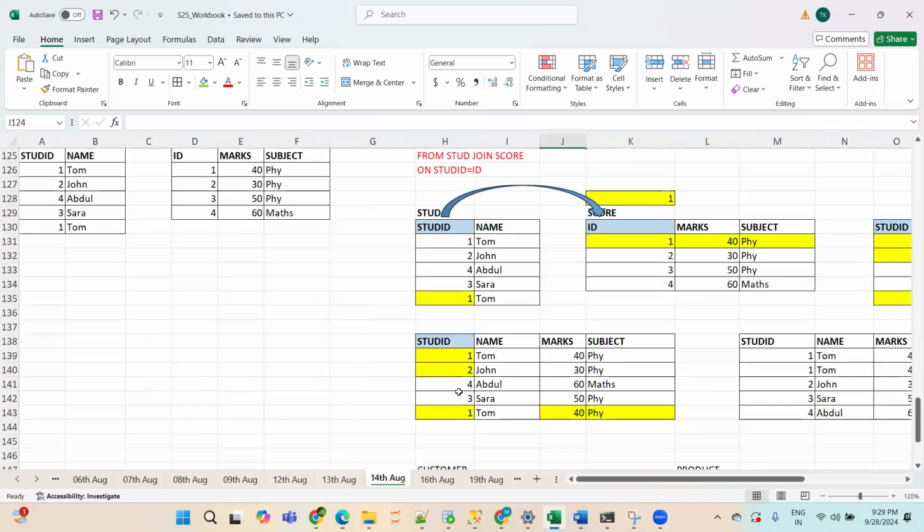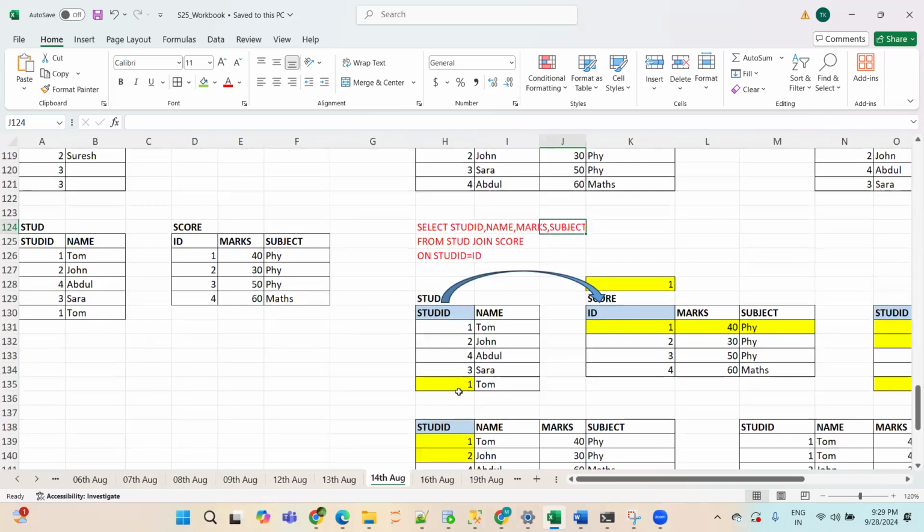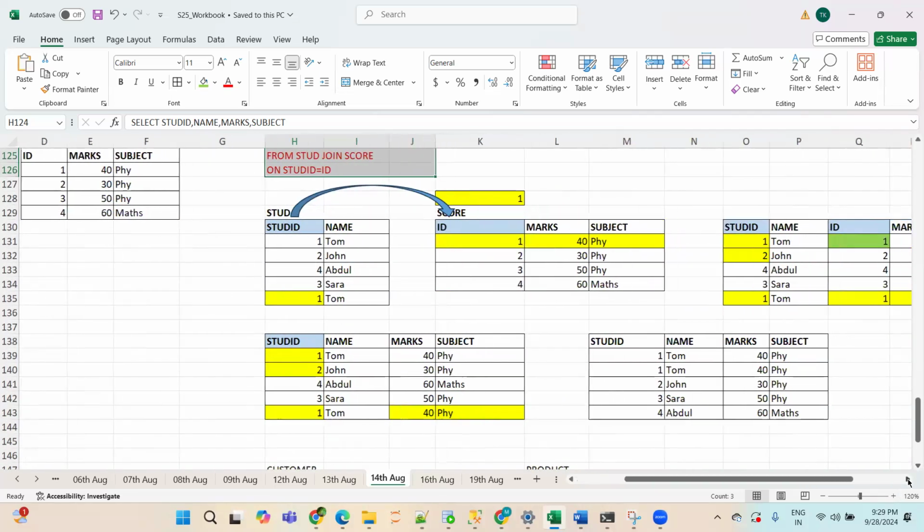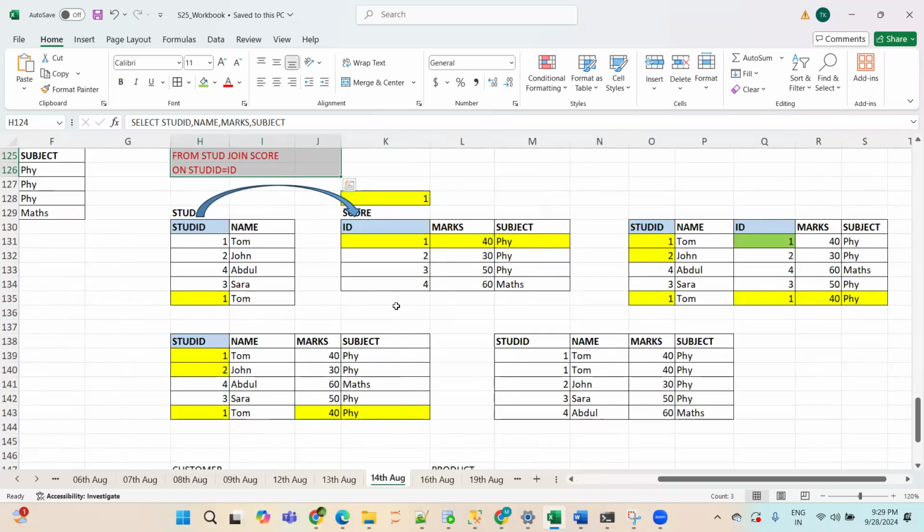This is the main important part of learning the SQL language. This is about joins. Those who know joins, how does the join work? We'll take a student table and a score table: how it matches, how it extracts the data, what data will be rejected, what data will be extracted, and if data is getting rejected, what is the reason. All these things will be explained in detail. Any other question?